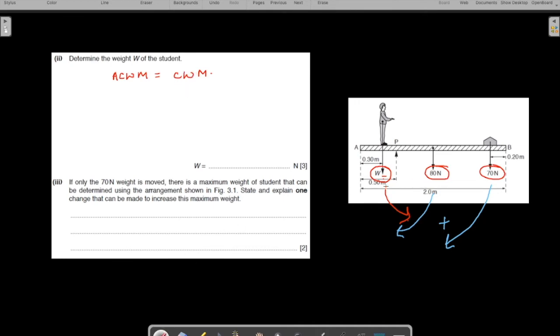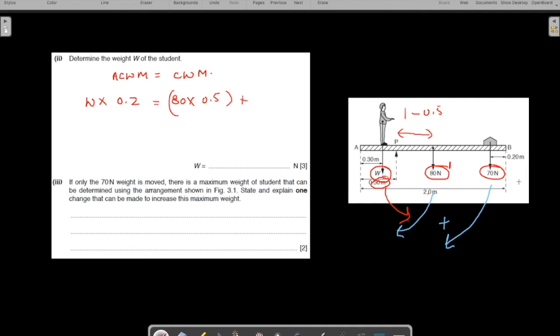So what is anti-clockwise moment? Because of the weight times its distance from the pivot will be how much? 0.5 minus 0.3, easy calculation, so it is 0.2. How much is the clockwise moment of this force 1, which is 80? So 80 times its distance, this distance. How much is this distance? Half of 2, 1 minus 0.5, because this is your 0.5. So this is 0.5